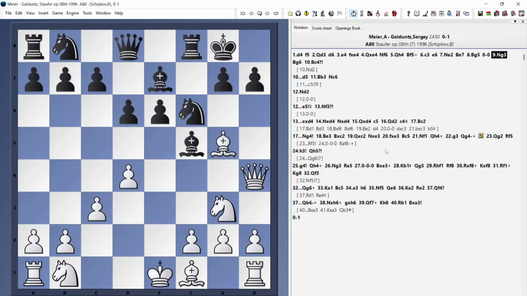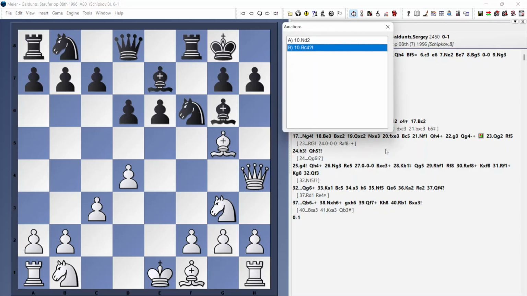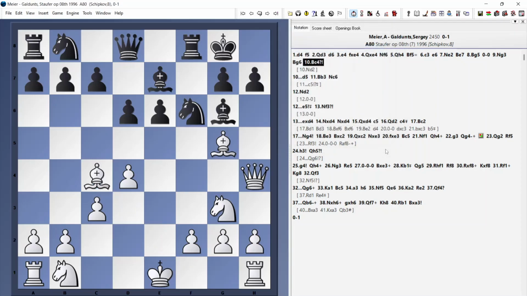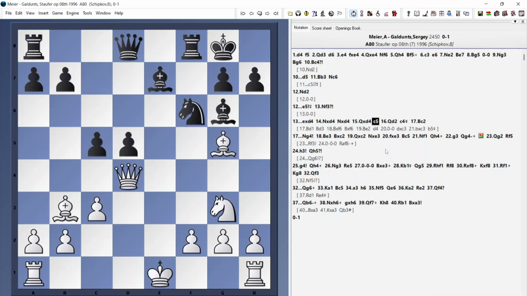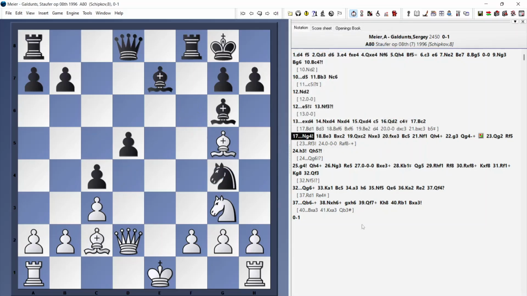bishop g5, castles, knight g3, bishop g6. And you can see also the benefit of bishop f5 is how well the king side of black is protected. Bishop c4, d5, bishop b3, knight c6, knight d2, and e5. So black develops super quickly and breaks through in the center. Knight f3, e takes d4, of course, opening up the position while you're ahead in development. Knight takes, queen takes, c5, queen d2, c4, bishop c2, knight g4, powerful move,